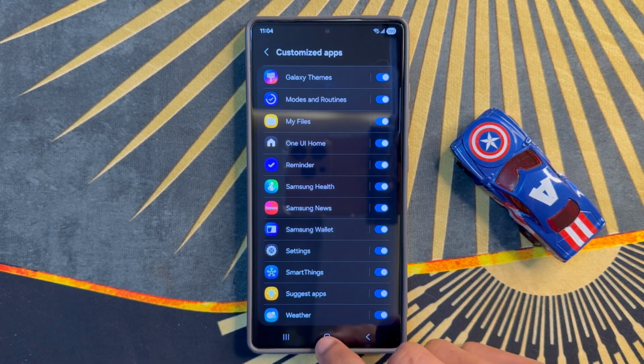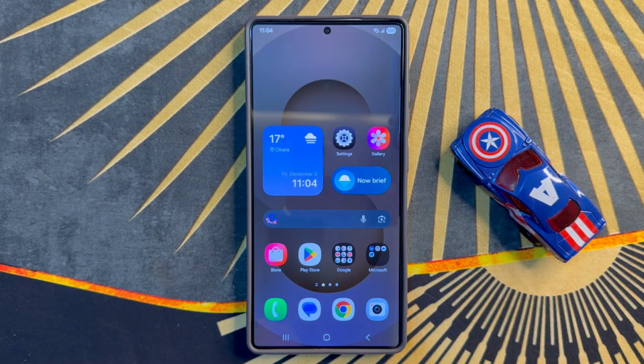After the process, go back to the home screen and refresh the phone. So that's how you can turn on or turn off customize settings on Samsung